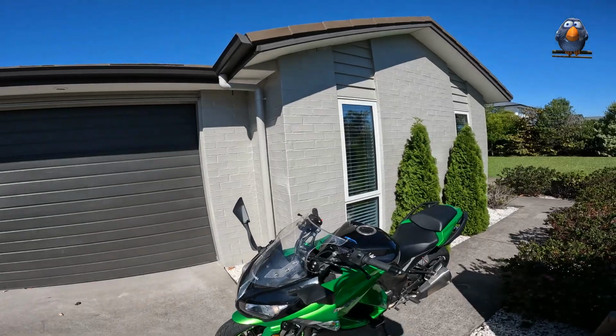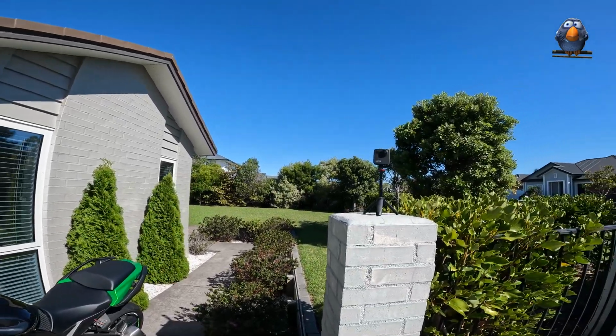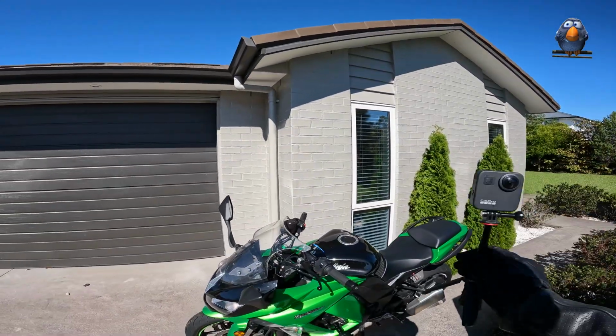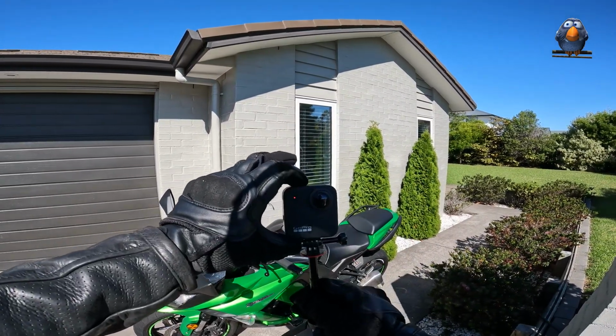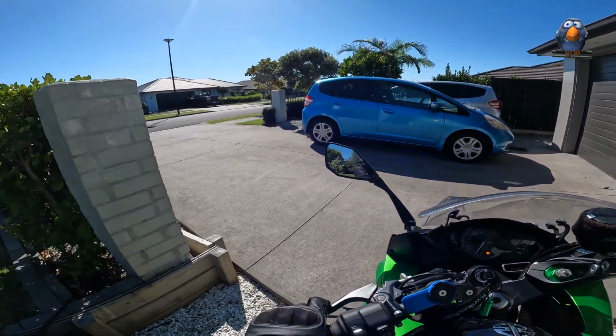So I'm just going to do a quick little spin, put some petrol in Whitford. It's not a very long trip, and I don't really need to bring this with me, so I'll turn it off, and we'll see you on the other side. First time I've taken out Ninja in a little while,